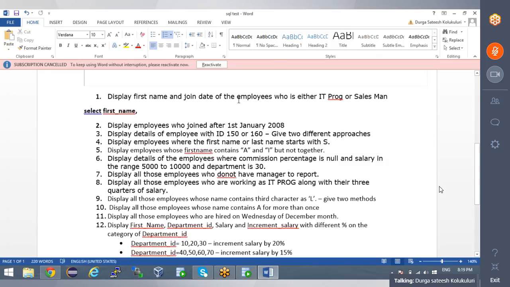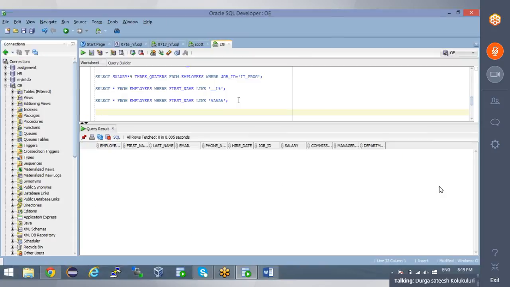Alright, now what do we need? We need Wednesday and that too month of December. Select star from employees where TO_CHAR of hire_date, I'm going to extract the day out of it, is equal to Wednesday